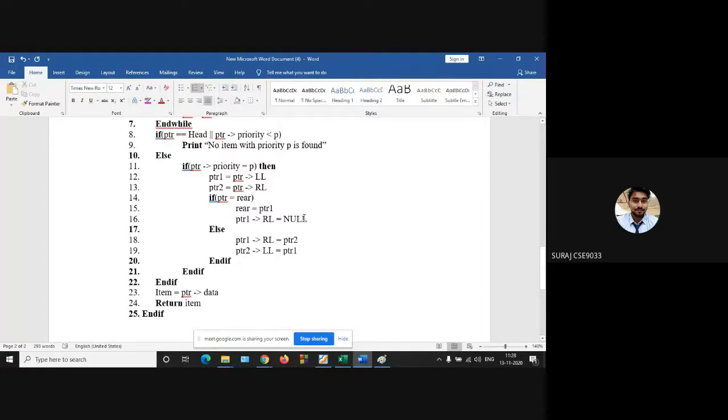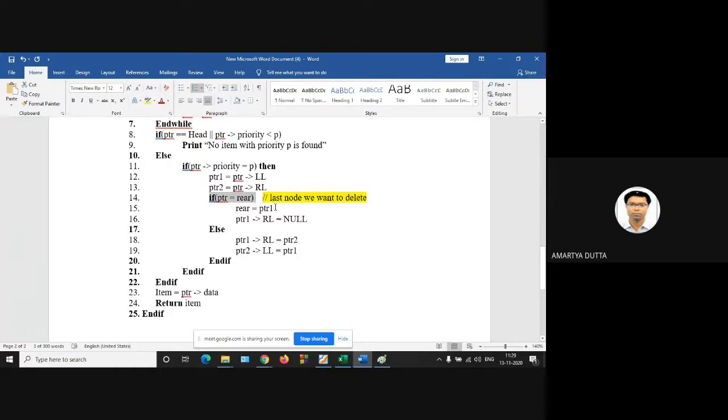Sorry, it's the last node that we want to delete. So if PTR is equal to rear, the last node is selected for deletion.